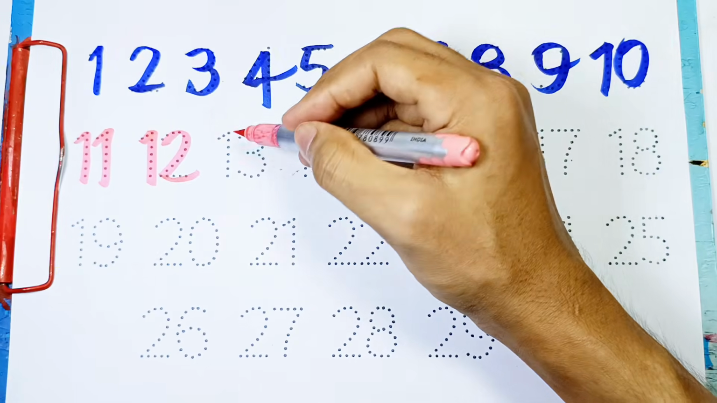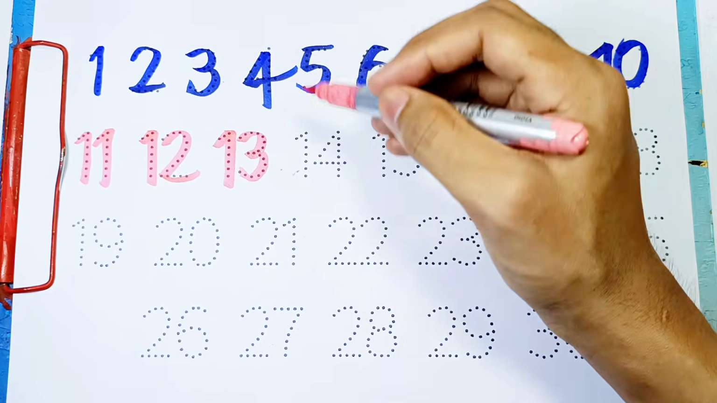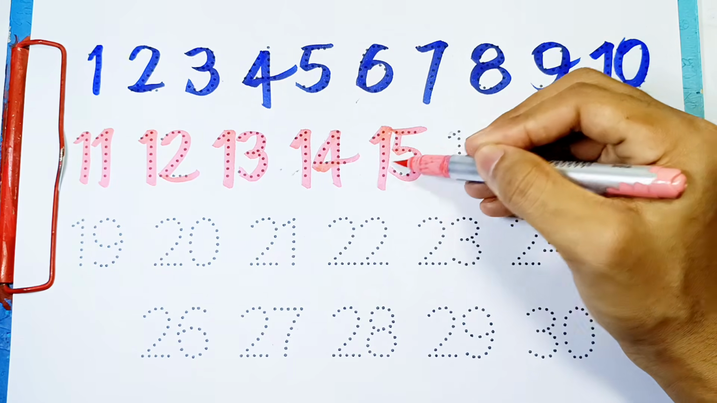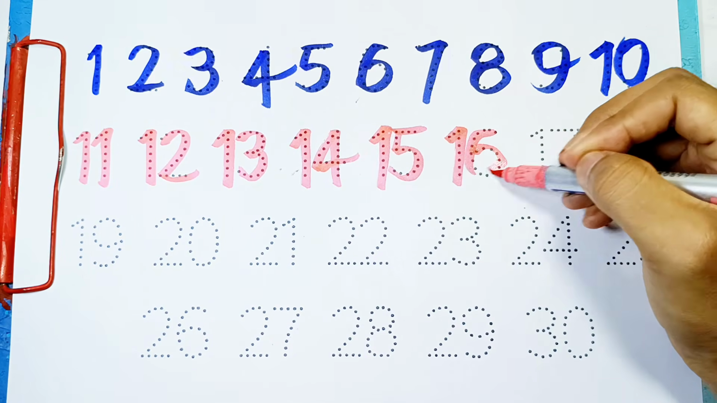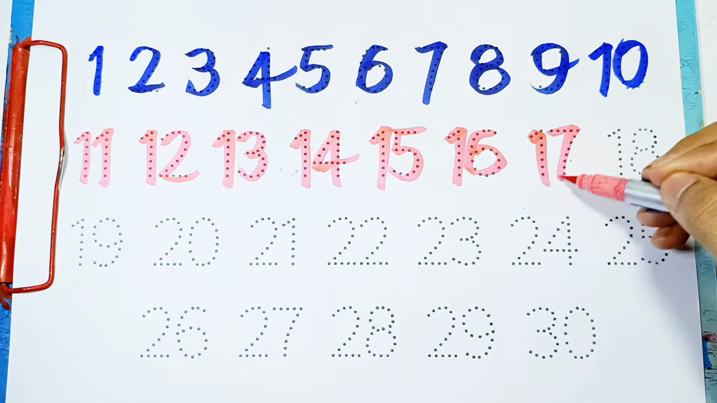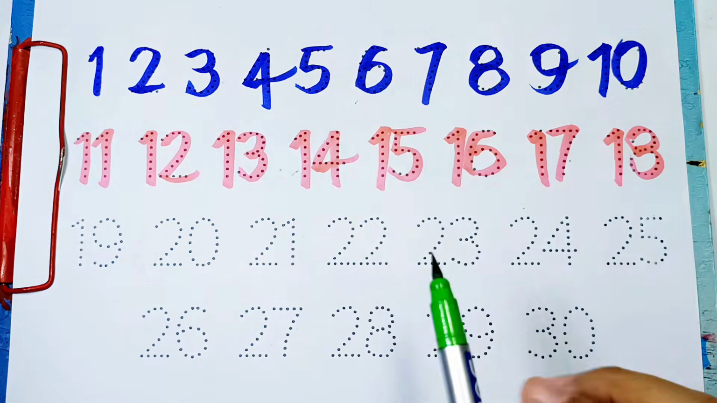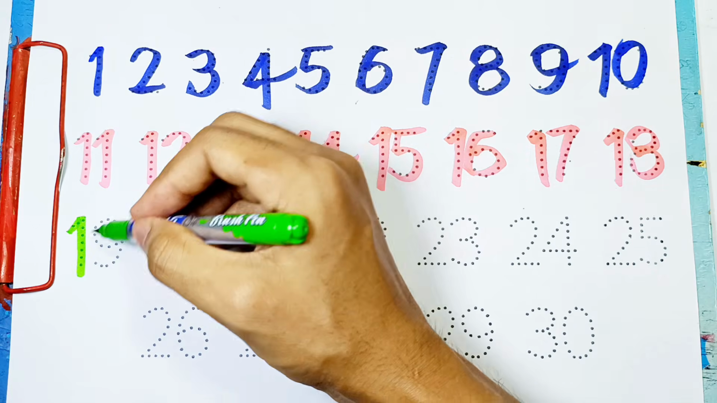12, 13, 14, the next one is 15, 16, 17, 18, exactly 18. Now we're using the color of light green, 19,